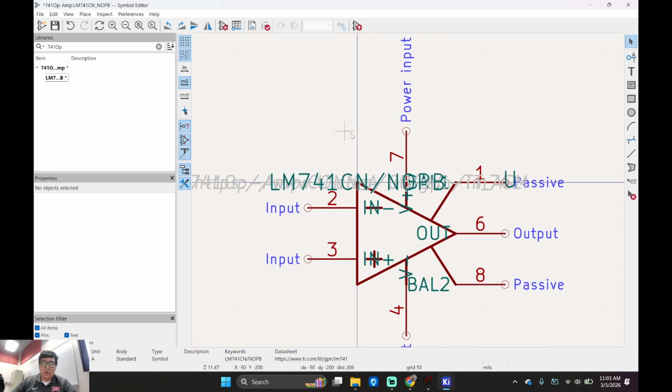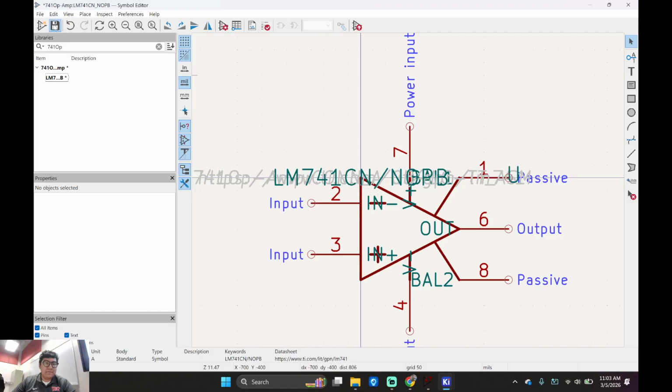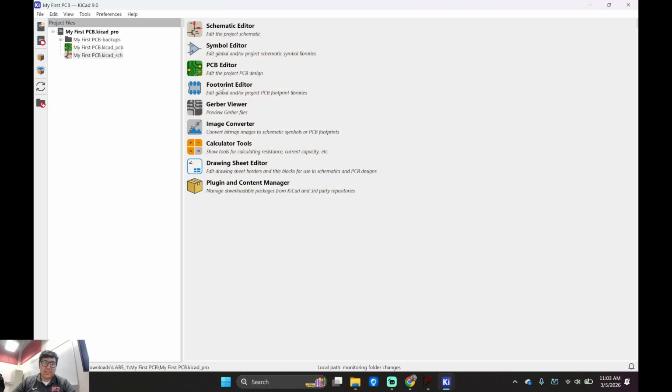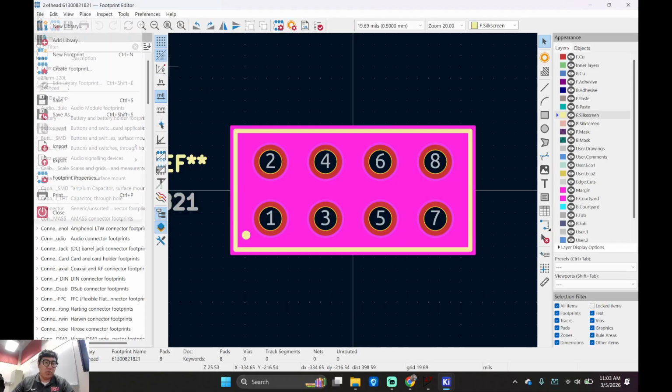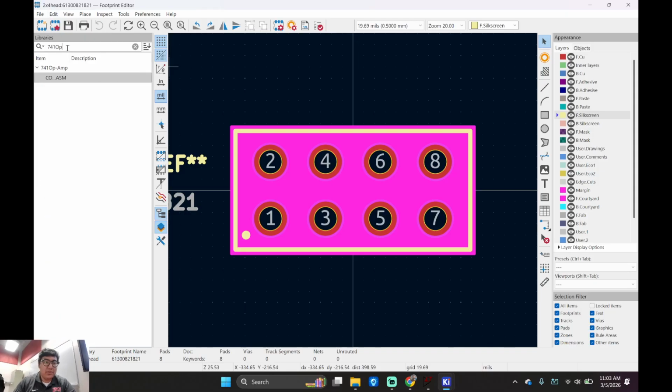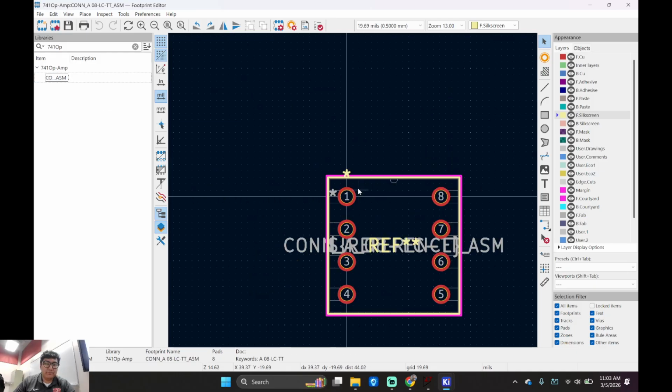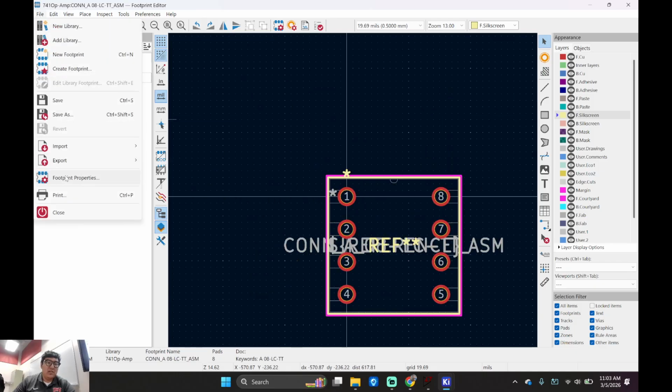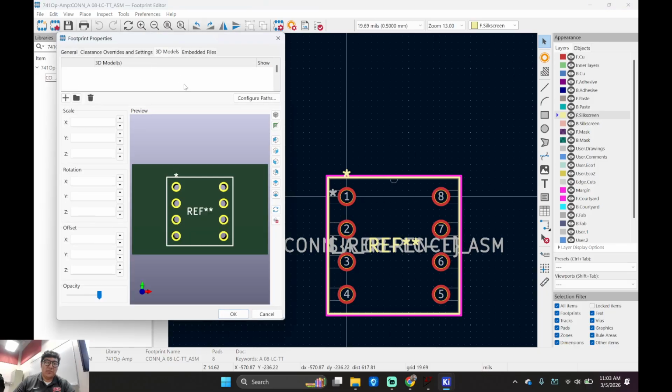So now, save. Let's go to our footprint itself, footprint editor. I know this is very tedious just for a simple board. Let's go to 741 op. Double click. File, footprint properties, 3D model. What are we going to do?